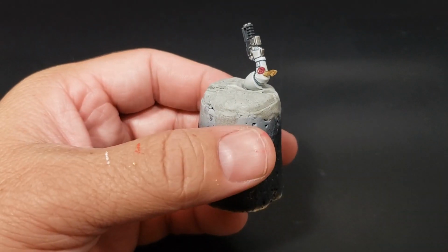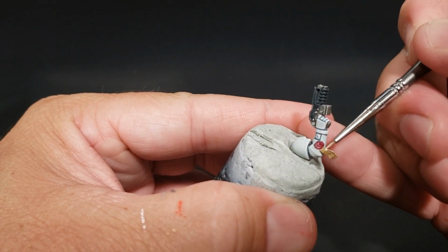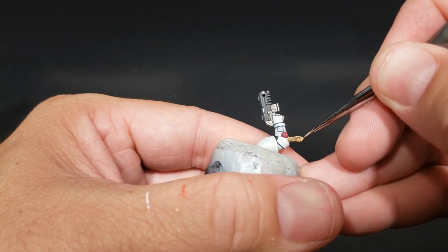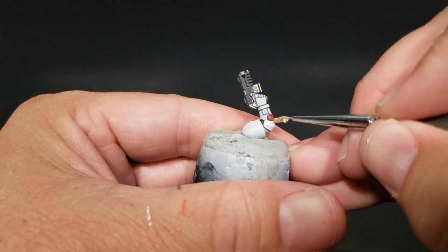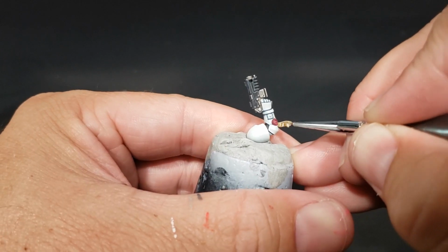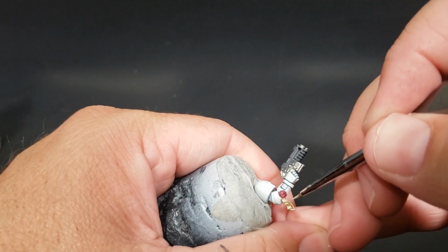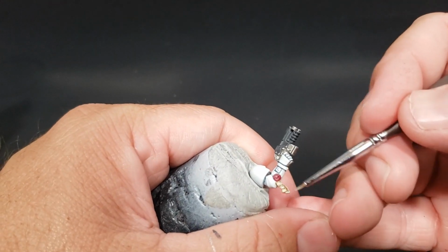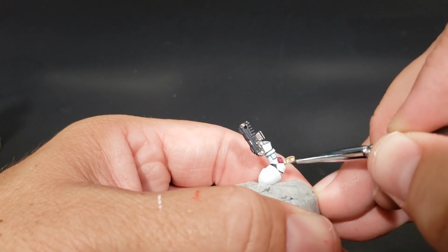And then final is a little bit of Ushabti Bone as an edge highlight across this. If you want to come back and use some Screaming Skull, you can. In that case, I would say to go across the fronts here in the lighter portions, leaving the recesses dark. It's like it's almost raised a little bit just here and here and there, something like that. And then you can come back and use the Screaming Skull as a highlight for the edges. So I will finish those up real quick, and we'll move on to the final step,